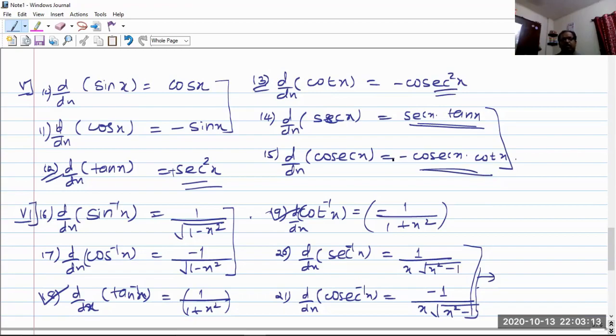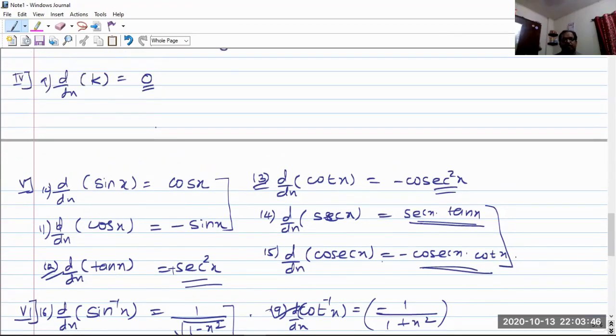It is not a case of mugging up the formulae. Just mugging up the formulae will not work, but keeping the similarities and the differences between similar functions in mind will help you to recall the formulae, because there are lots of formulae in derivatives, in trigonometric functions and so on. So keep in mind the differences and similarities in similar types of functions. That will work to help you recall such difficult formulae.